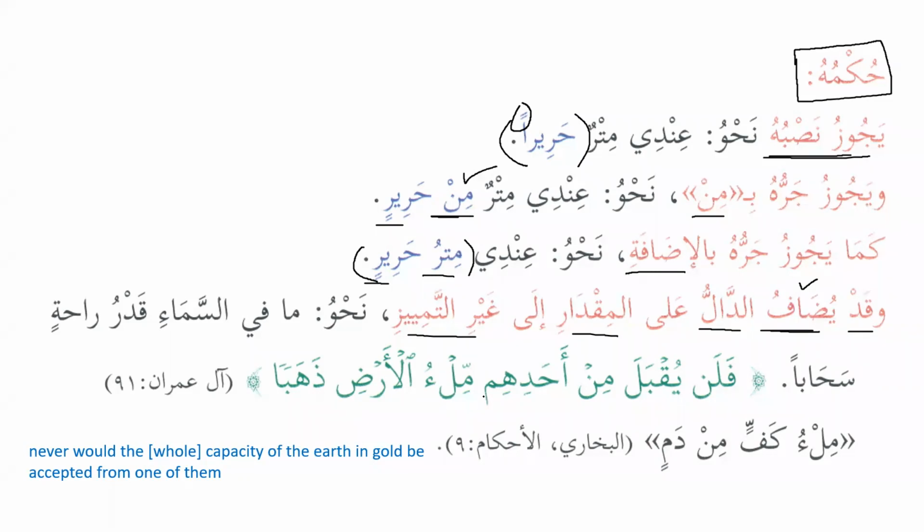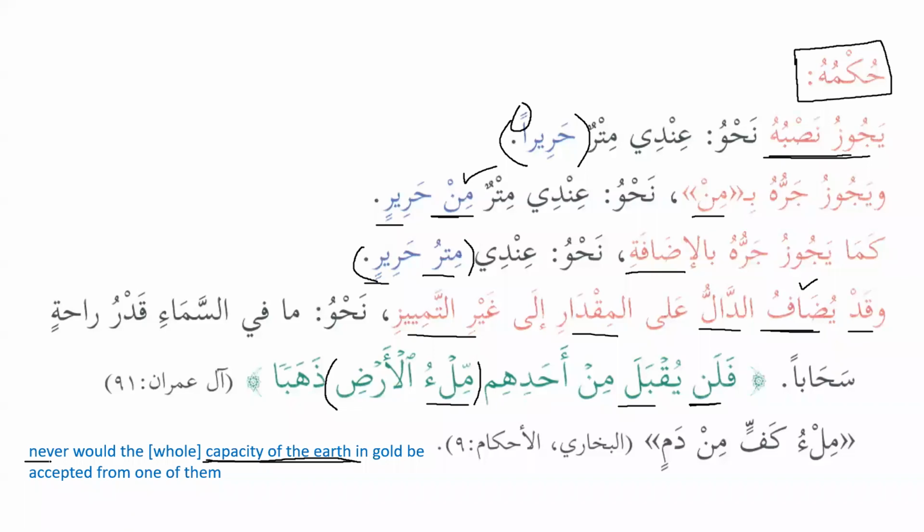So we can see over here, مِلْءُ الْأَرْضِ. Mala'a yamla'u, as we know, to fill something, and then mil'u is basically the masdar of mala'a yamla'u, and mil'u al-ardi, meaning the capacity of the earth. So the non-Muslims on the Day of Judgment, even if they offer gold, which is the capacity of the earth, it will not be accepted from them. And we know that lan is used with the mudari, and it is used for powerful negation, that never ever will be accepted from them, as we can see over here. Never would the whole capacity of the earth in gold be accepted from one of them.